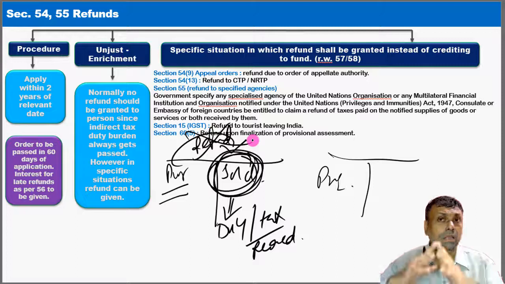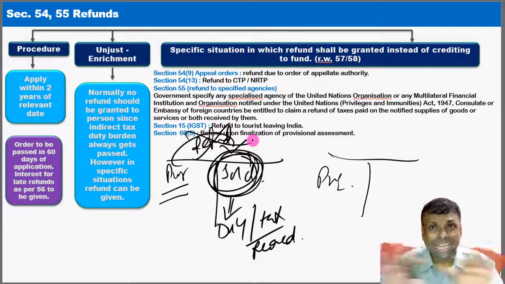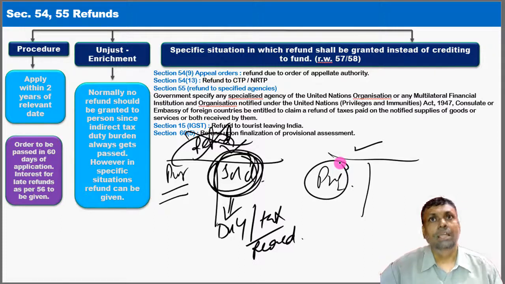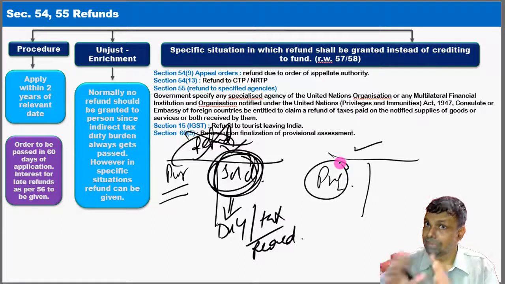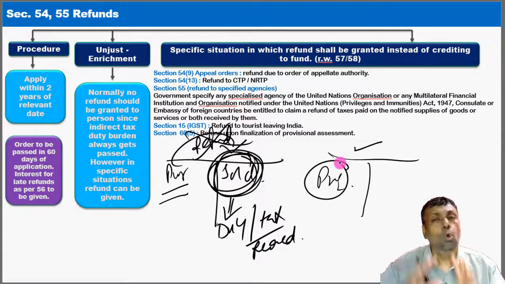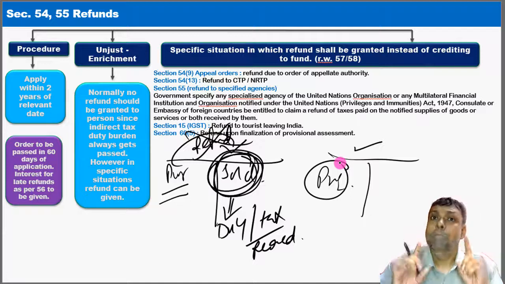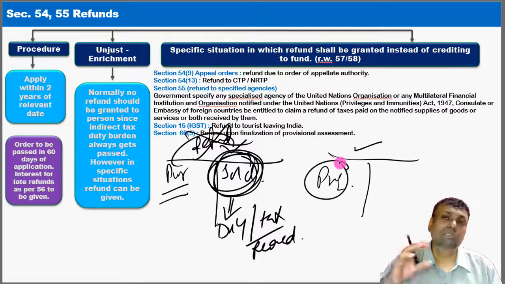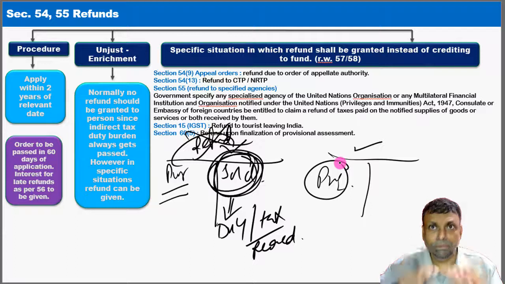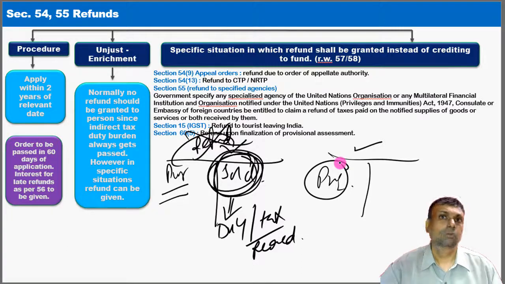So the ultimate refund, if any, logically in general is to be applied only to such a situation where someone has already purchased the goods and logically he has not sold them. That is either of the situations, or he has purchased it and he has consumed it for himself. Only such a situation may be entitled. Again, there are a lot of ifs and buts, but may be entitled to the refund. This is a standard fundamental concept which is adopted by the law, and most of the specific situations follow behind this particular concept of the refund in general under these particular provisions.